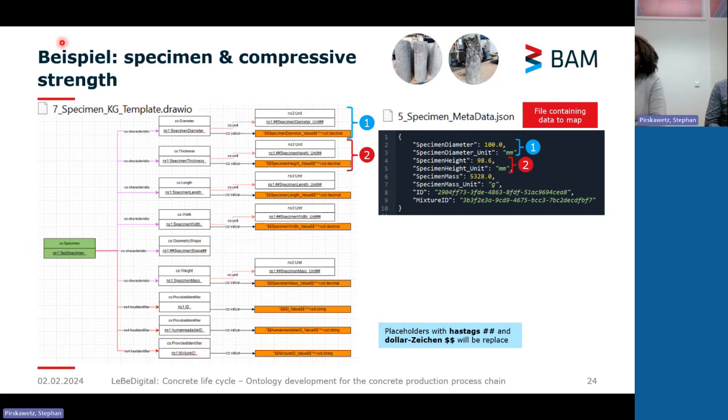So now, like I said, here is the draw.io file. This is the knowledge graph template, and this is what I showed before, the JSON file containing the data and metadata that we have extracted from the raw data. So just for you to see